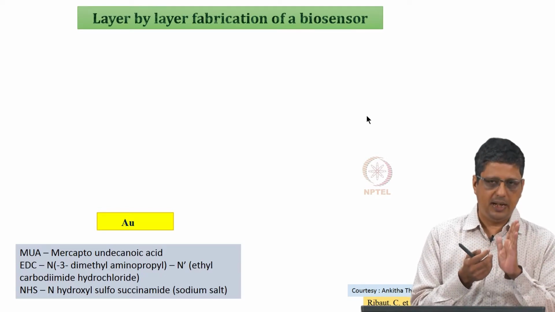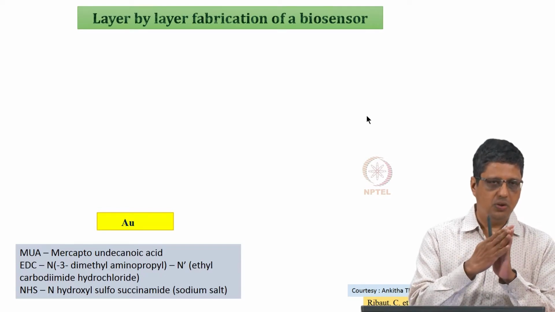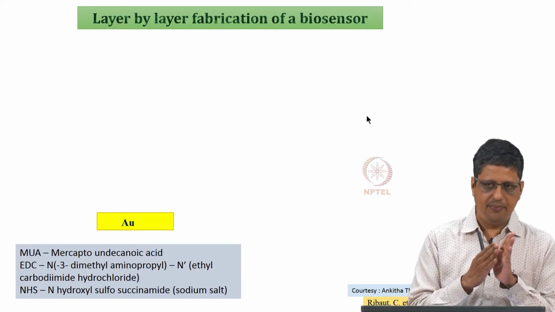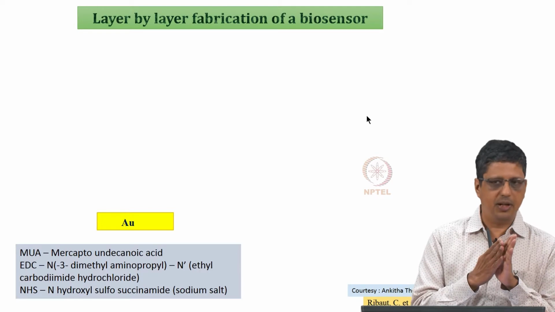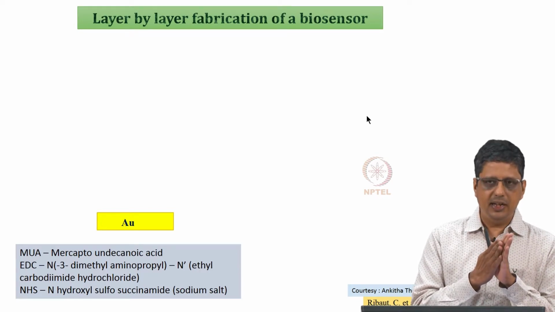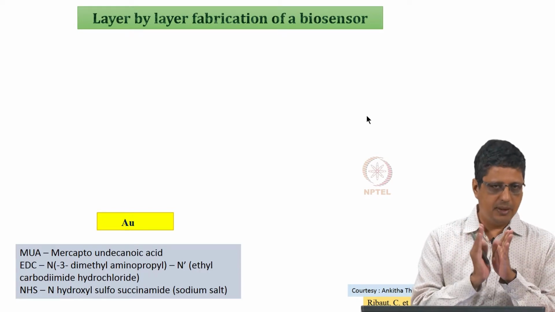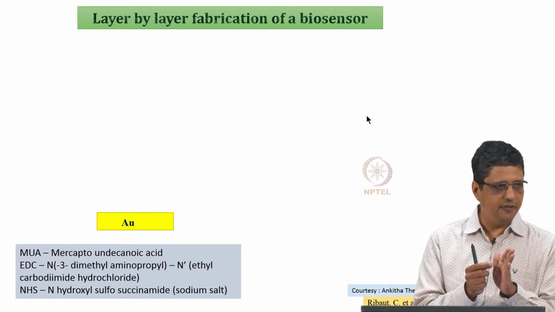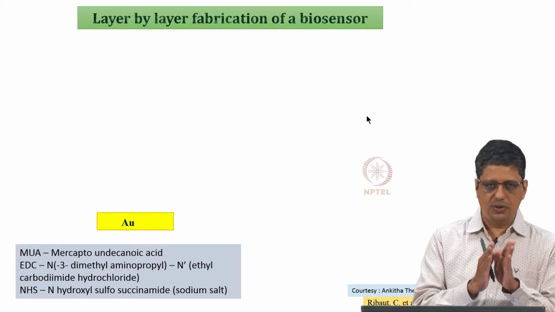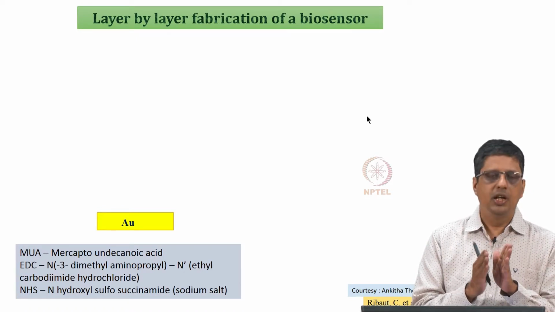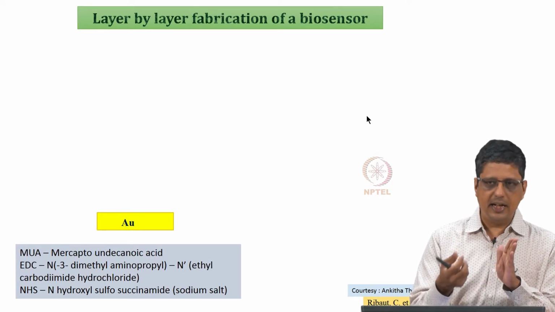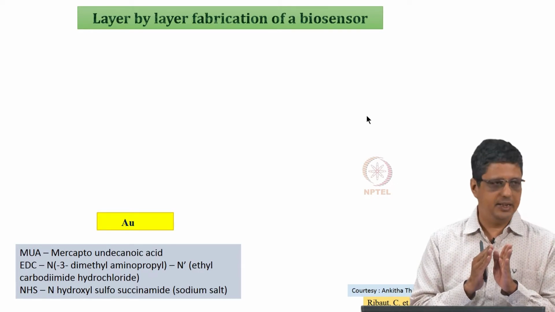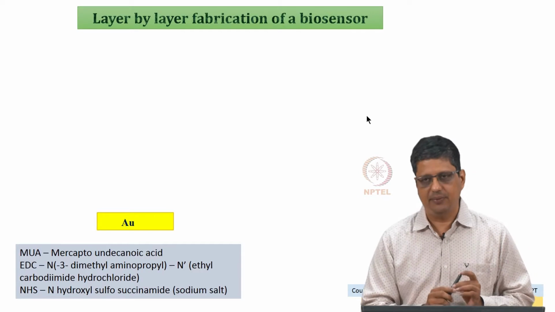Now, we want to prepare an electrode. On top of the electrode, you attach or somehow suitably couple an antibody, cover the surface with antibody. After that you expose it to a blood stream, the blood stream may or may not contain the antigen. If the person is not infected, it should show nothing. If a person is infected, that antigen will bind to this antibody. Now it should show an increase in impedance, at least that is the expectation.